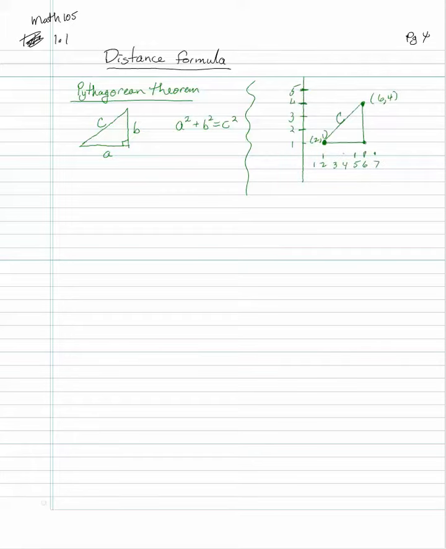okay, so I want you to find C, the distance from the point (2, 1) to (6, 4). And notice I drew the triangle to show you that the distance formula really is Pythagorean theorem. So let's forget about calling it distance. If I drew this picture of this triangle, can you tell me the length of this side? You can easily see that this point here where the right angle is (6, 1). So the vertical position is 1, and the distance from 1 to 4,